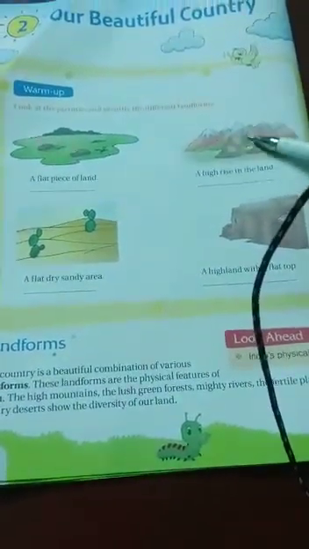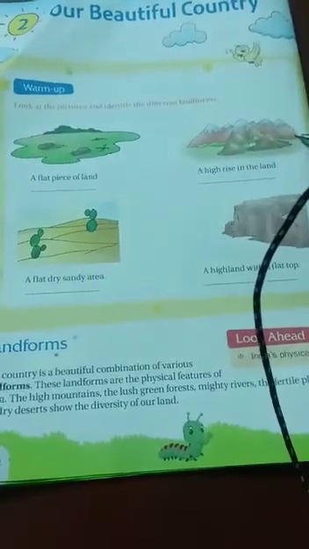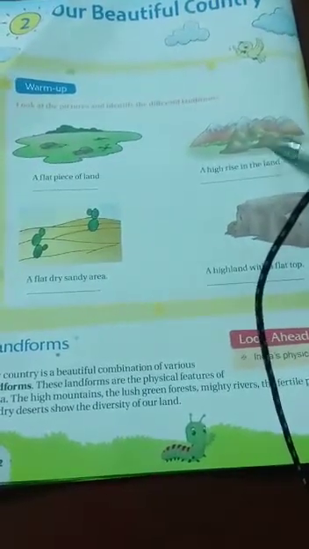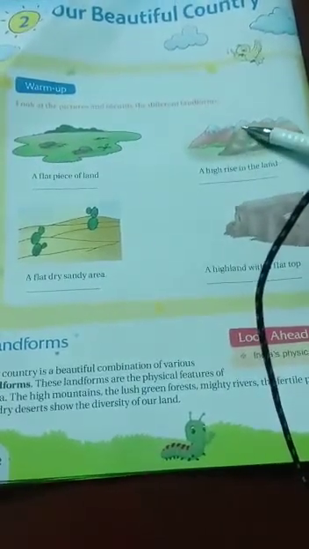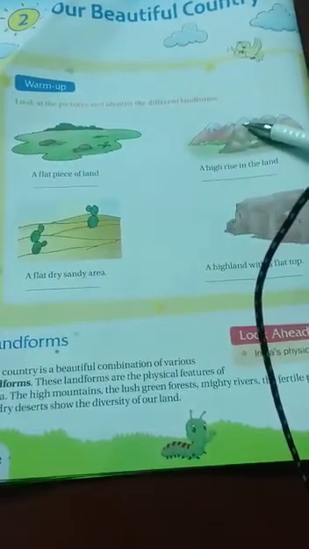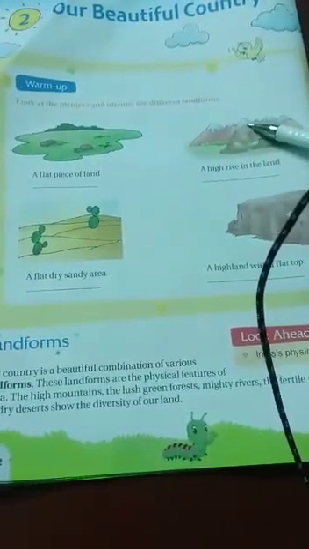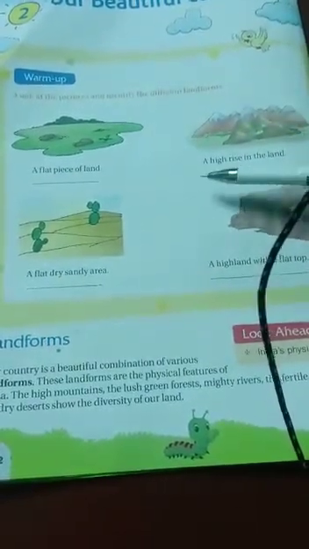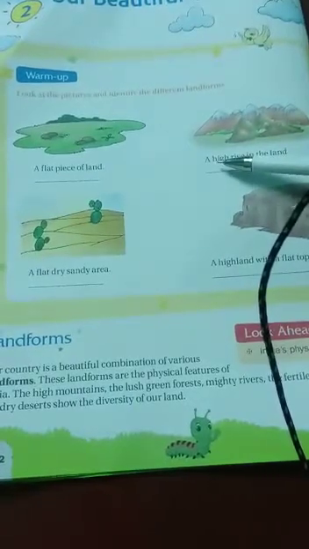And the second one, how does it look? It looks like mountains. The top is also covered with snow. The snow looks white in color, and most of the top is fully covered with snow.